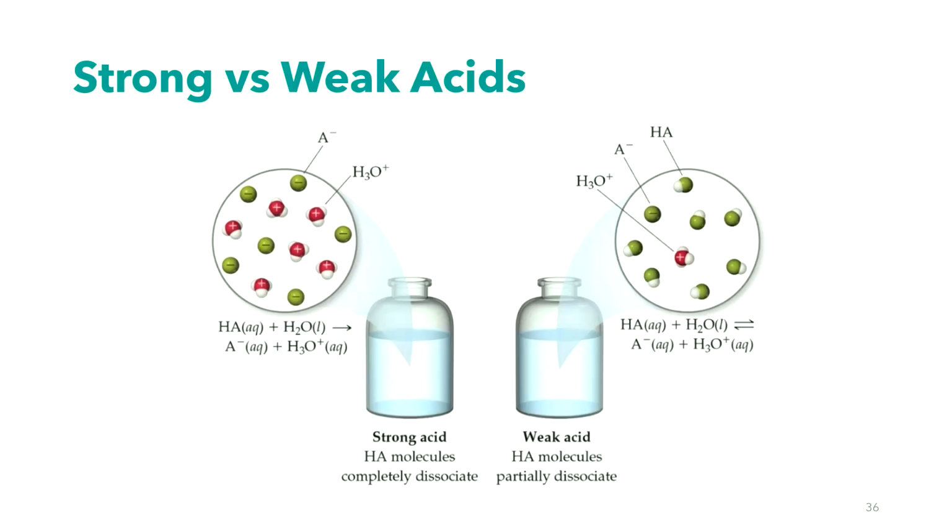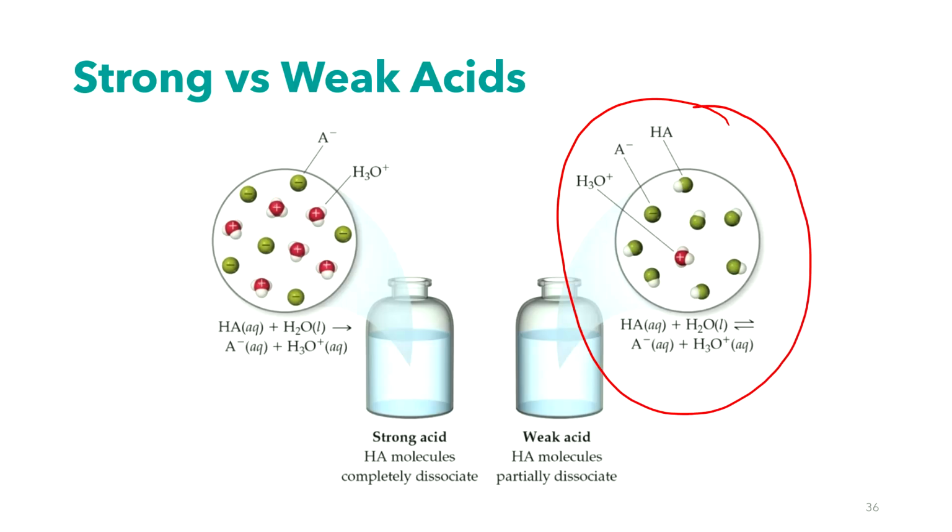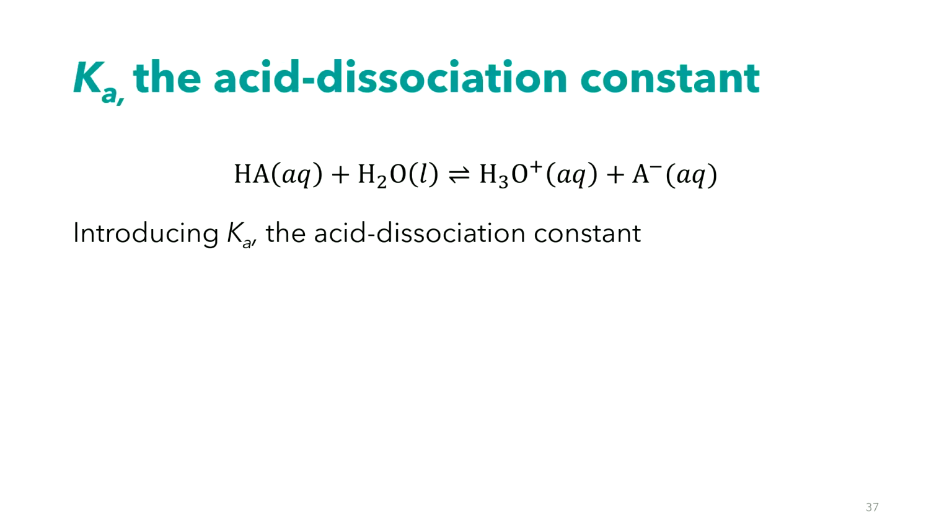So again, we drew this visual earlier, but now we are wondering, what is this balance, right? How much dissociates? Because if we want to know the pH, which we've said is a very important quality of a solution, we need to know the concentration of H+. And that's going to be related to how much of our HA dissociates, okay? If a lot dissociates, then it's a very acidic solution. If a little bit does, then it's less acidic, okay? So we're going to start out by writing the acid dissociation constant. Again, this is big K, and we just make it special by putting a subscript A next to it because it's for acids. All right, so Ka